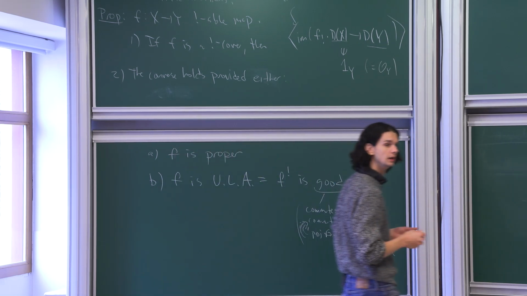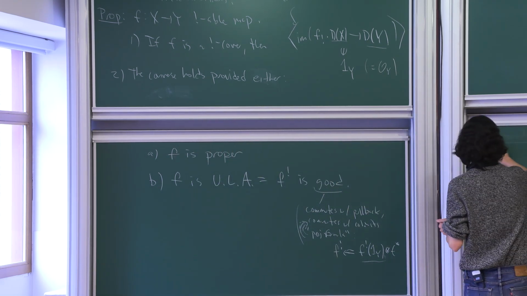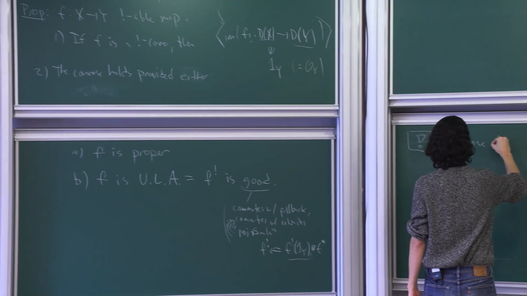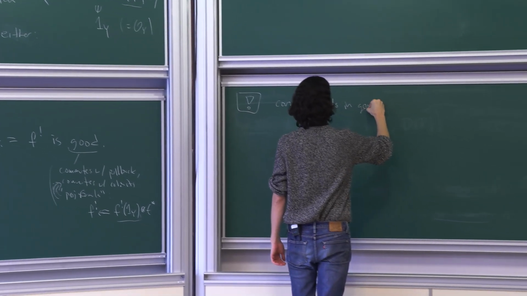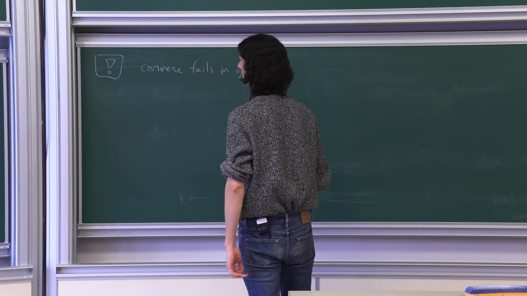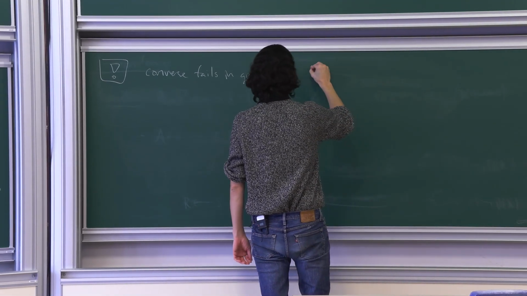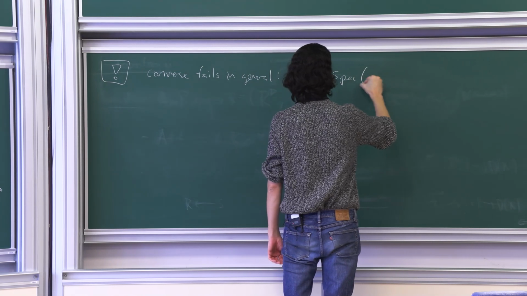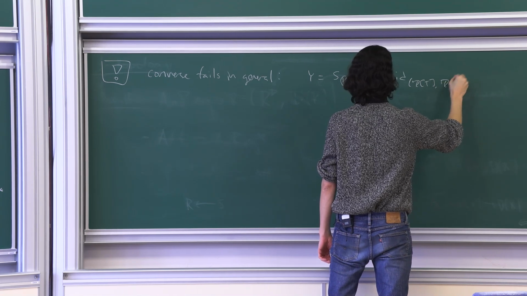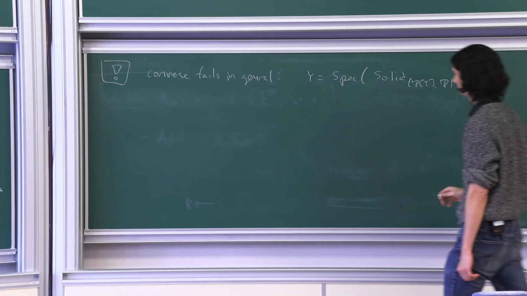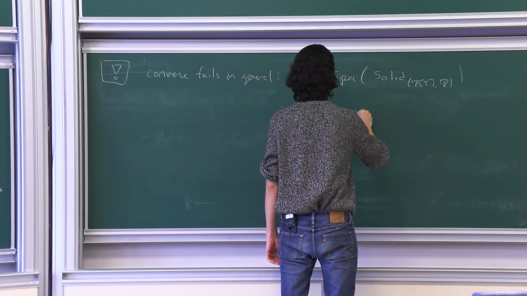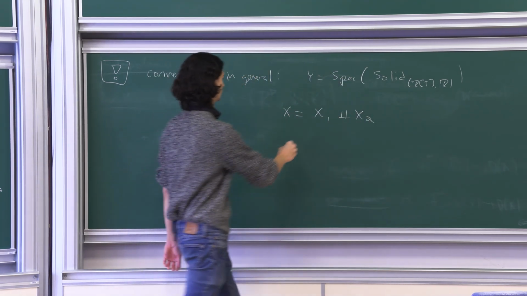Is there an example when the converse does not hold? Oh yes, so warning: the converse fails in general. Let me give the example, which will explain how you should think about this condition. We could take, for example, y to be spec of solid Z[t], and then take x to be x1 disjoint union x2, where x1 is spec